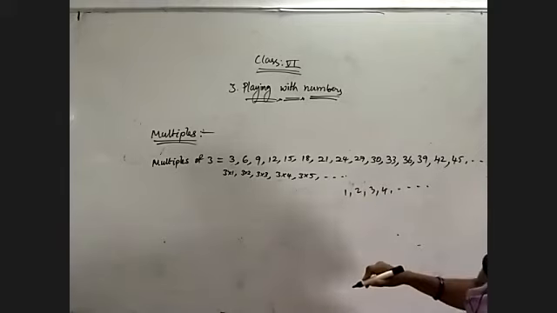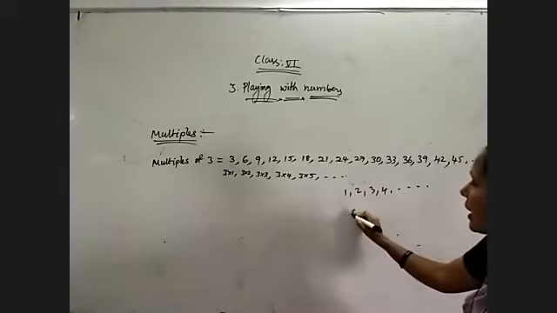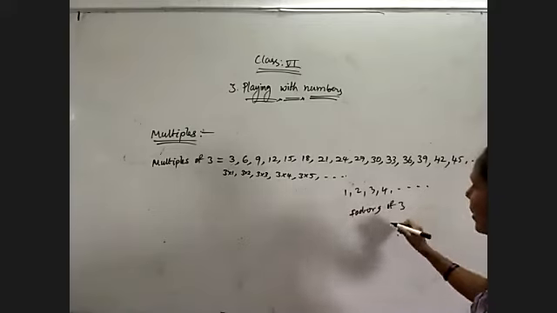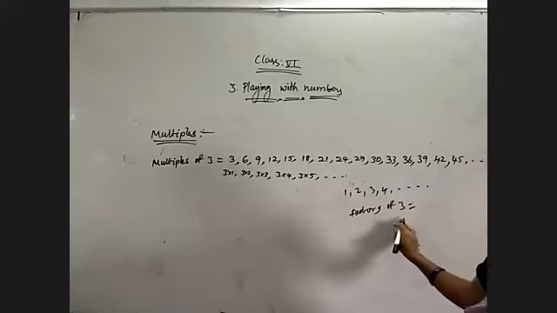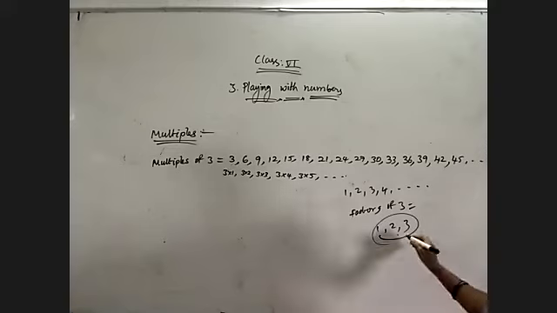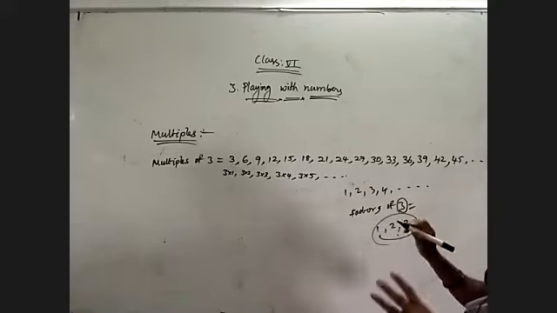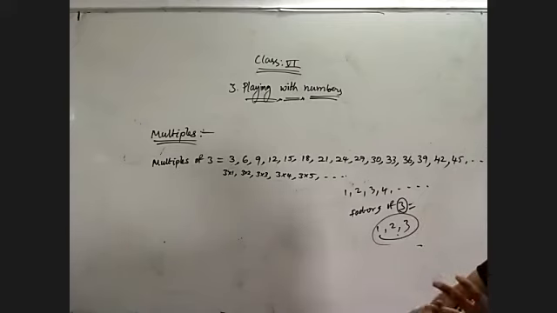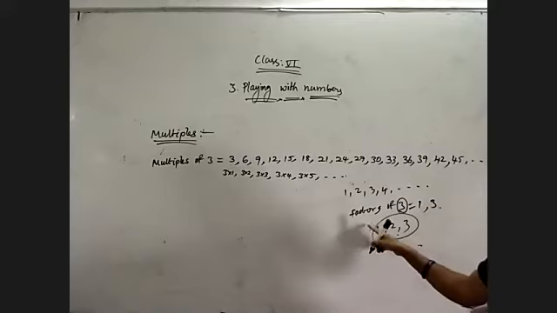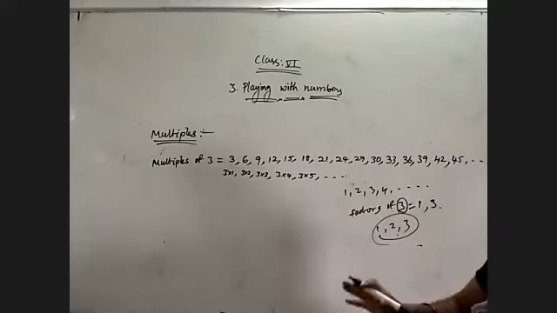For factors, suppose we are writing factors of 3. We need to check whether it is divisible by 1, 2, 3. That's all. These 3 numbers we will check, which means there is a finite number of values. When we are writing factors of 3, we check whether it comes in the 1 table: 1 3s are 3, so 1 is a factor of 3. The 2 table we will not get. And 3, that's all. 1 and 3 are the 2 factors of 3. So 1, 2, 3, that is a finite number we know.